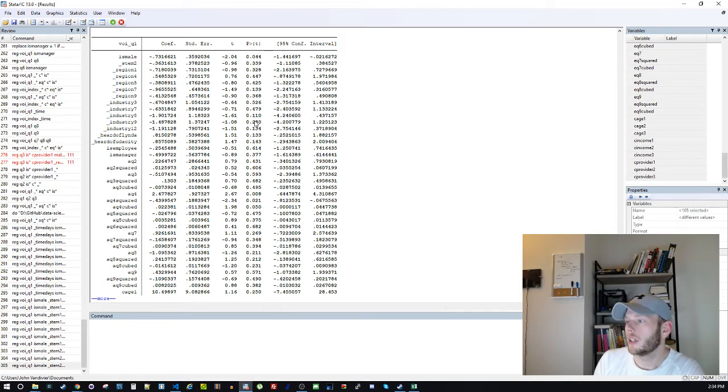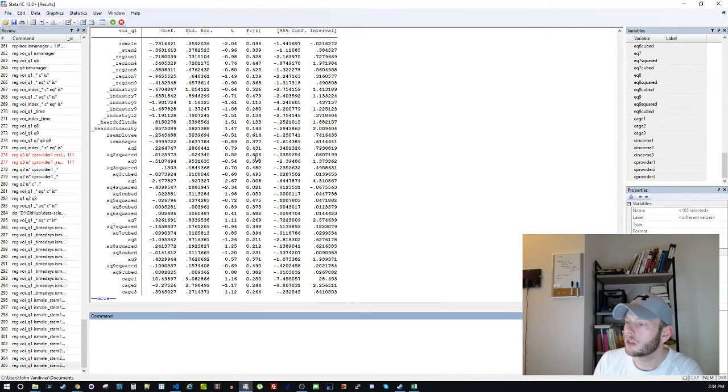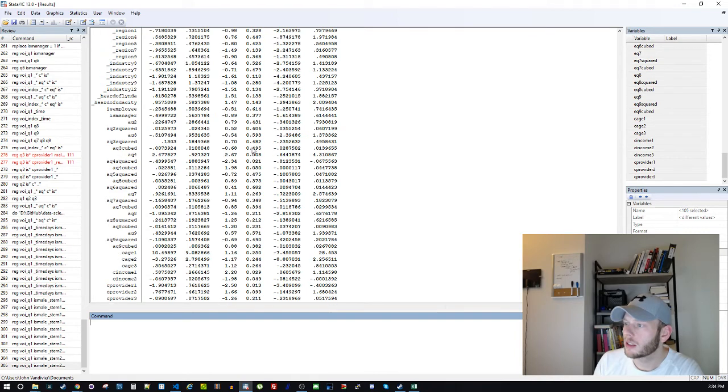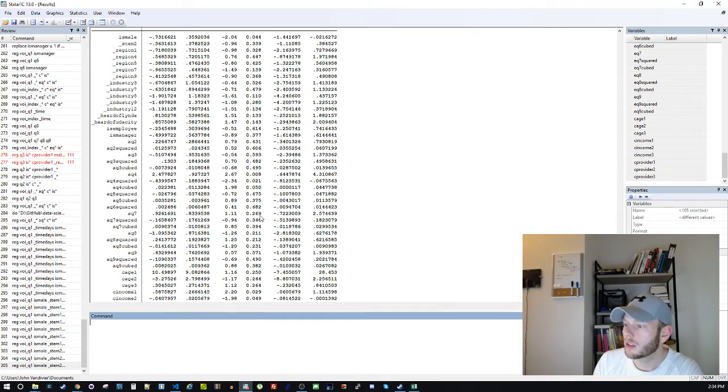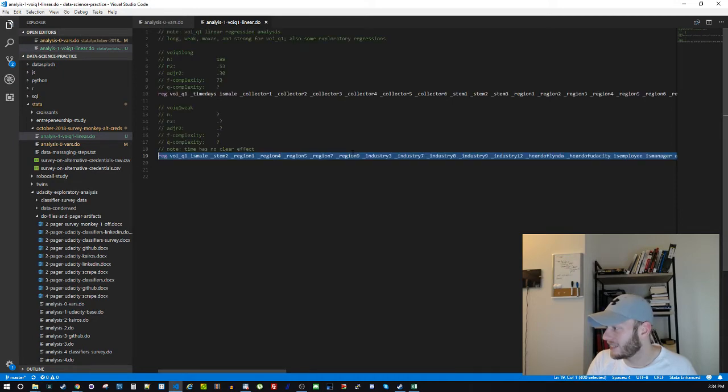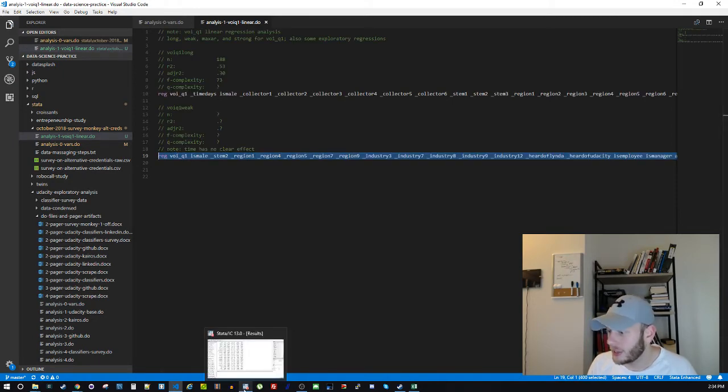Wait, 5.3, 0.61. 5.3.61, 6.8. So 6.8 is the loser. So here's finally that AQ6 squared effect. He tried to hang in there, but we finally got it to admit that Q6 just doesn't